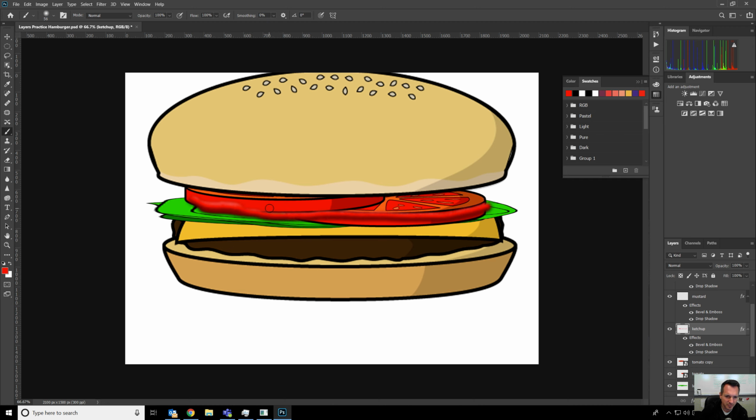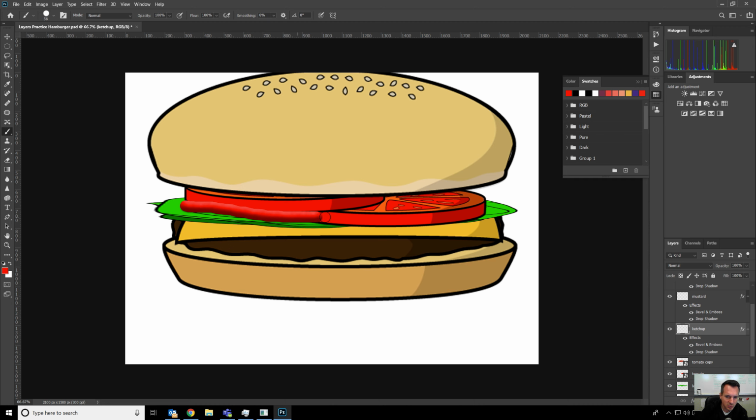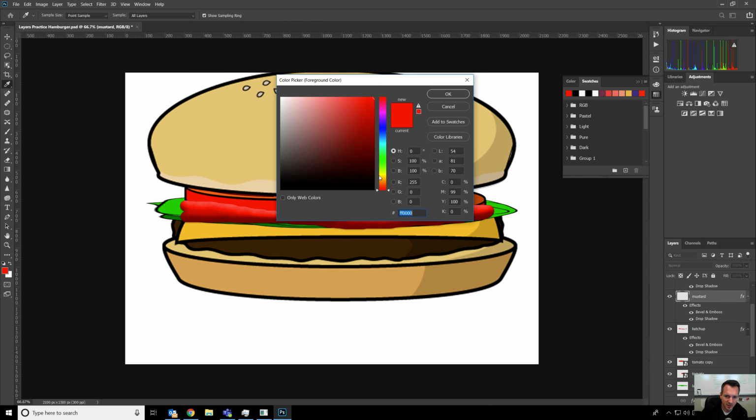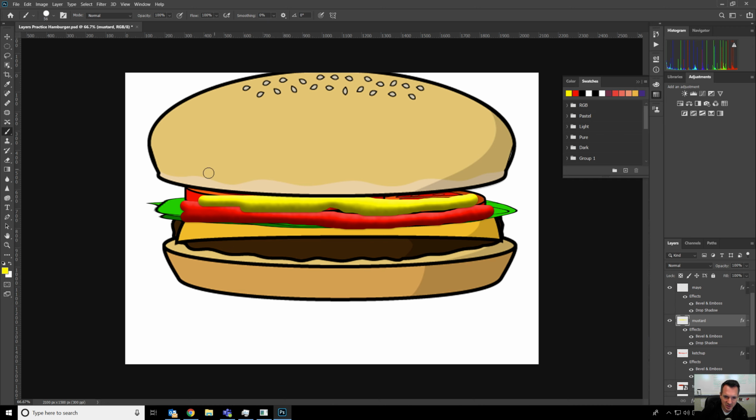It's a little fuzzy, so let me undo that. And I'm actually going to choose a brush that's got a little bit of a harder edge, like a hard round. And so we'll put a little bit of ketchup on here. And then on the mustard layer, let's go to yellow. Throw in a little bit of mustard. And you'll notice that it has this nice curved shading. That's because I applied some effects to these layers. And then on mayo, if you like mayo,